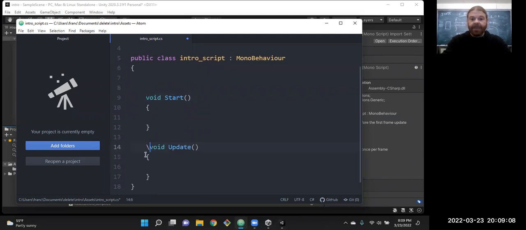They added a couple comments. These are the two things we're going to want every time. We're going to have a method called start. That will run one time when this class, or the object based off this class, appears on the screen. The start method will run one time, so all the setup stuff goes there, and then update basically happens every frame of the game.